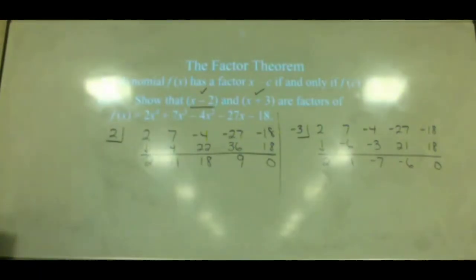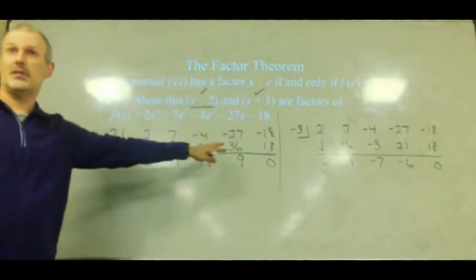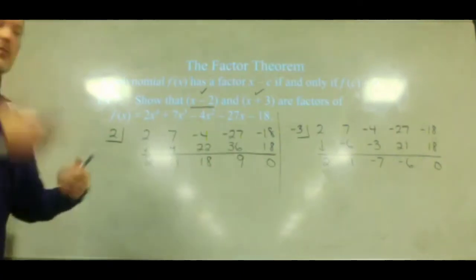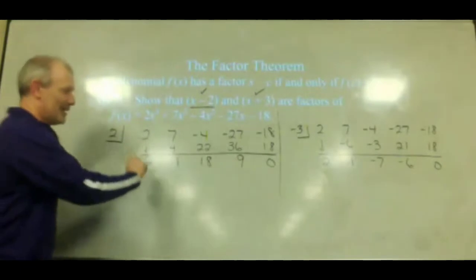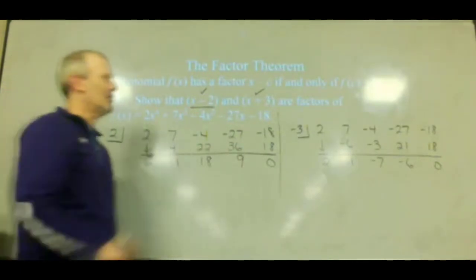Okay. So that's it. And was everybody able to get it to come out to be 0? Okay. And so we just showed that those two things were factors of the original. Now I'm going to show you one other thing, because this is eventually where we're going. So just throw that aside for a second. If we take these numbers from our answer right here, actually, let's go back to this. Let's say